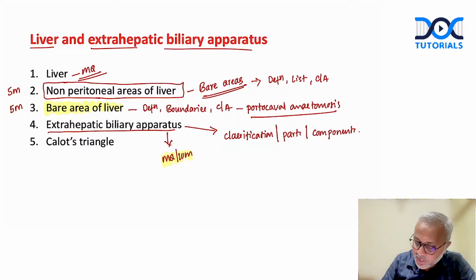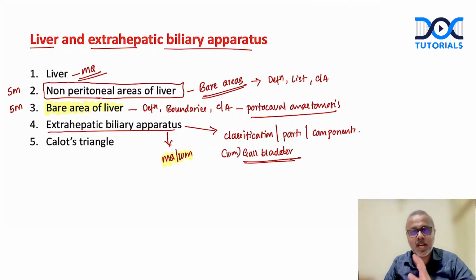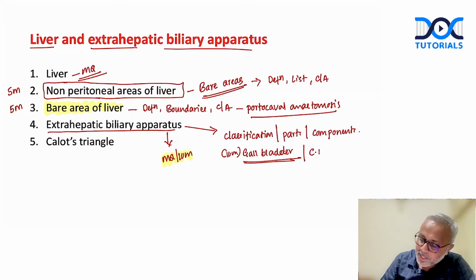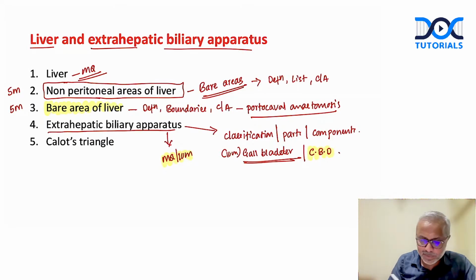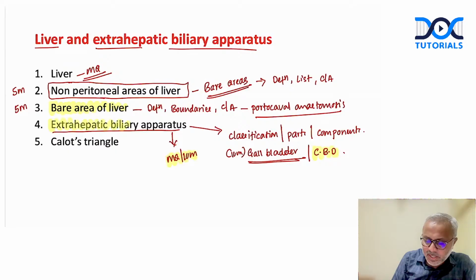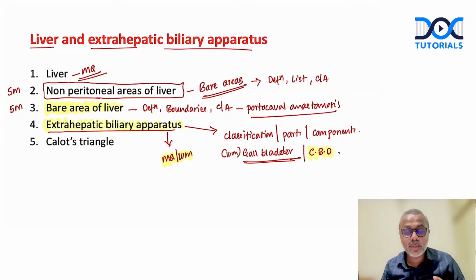And the sub question would be on the anatomy of the gallbladder. We had seen the gallbladder being asked as a 10 marker question, the anatomy. And then the most common part in this would be the common bile duct. So the most important question here would be the anatomy of common bile duct rather than the anatomy of the gallbladder. Done? Right. So this is regarding extrahepatic biliary apparatus. Again, most often students tend to skip it, but a very risky topic, right? A very important topic for your exams that you should never think of skipping, right?